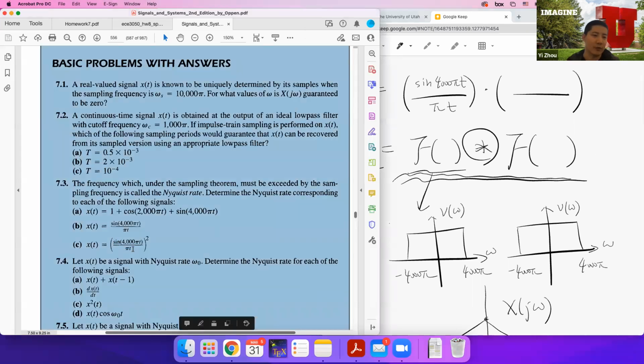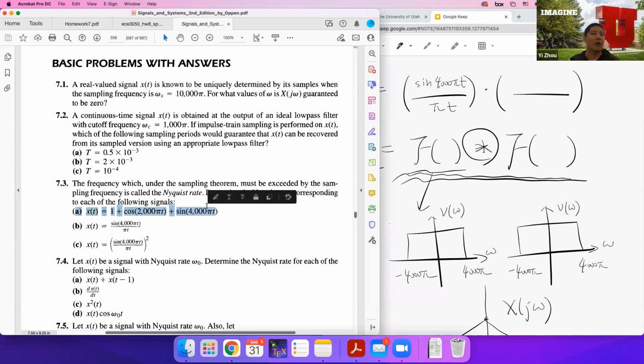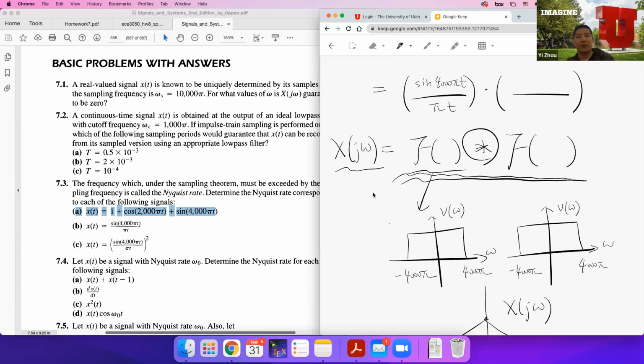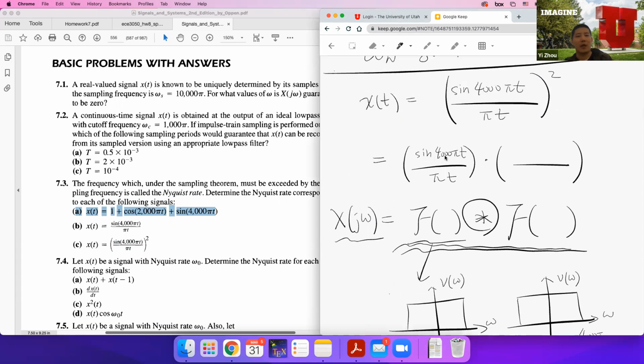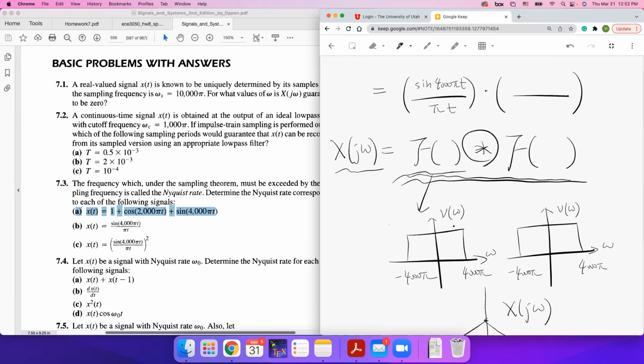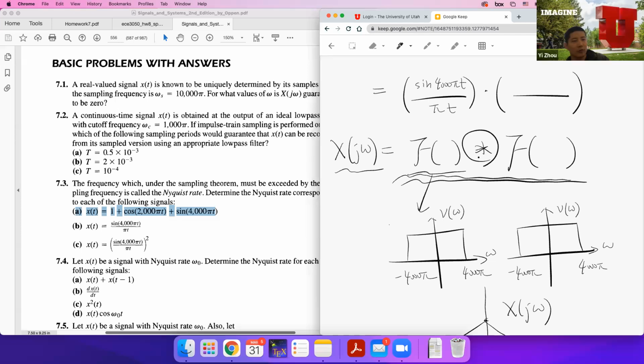So if you take any other general signal, like the signal in part A, and raise it to the power of 2, you are doing multiplication in the time domain. And then by the multiplication property of the Fourier transform, this is equivalent to doing a convolution in the frequency domain. Okay. In the frequency domain, you always perform convolution. You take two spectrums,